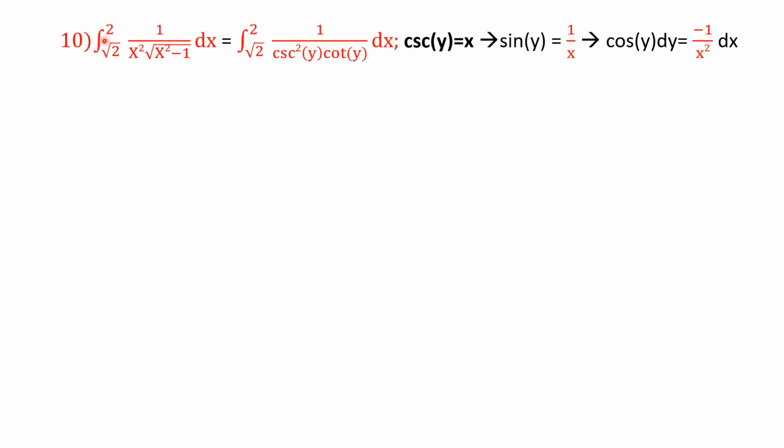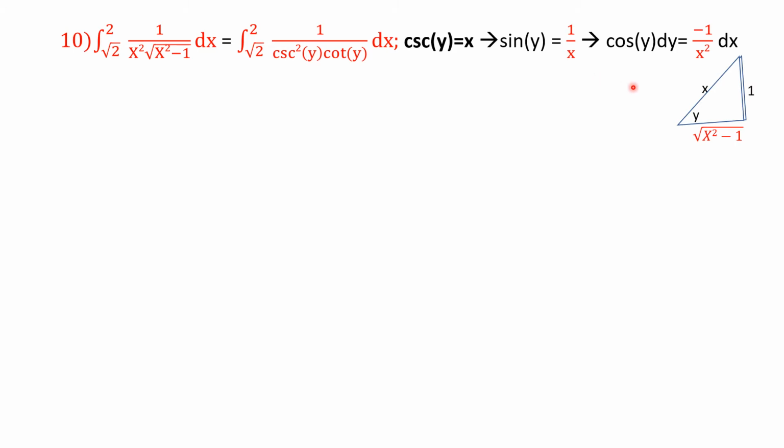Question number 10 is about the integration from square root of 2 to 2 of the function 1 divided by x squared multiplied by the square root of x squared minus 1 dx. We can convert this function into a trigonometric one. The way to do it is we can take cosec of y equal to x,